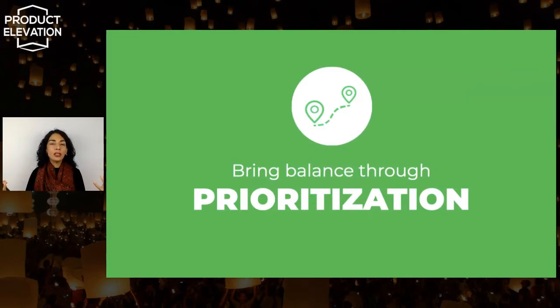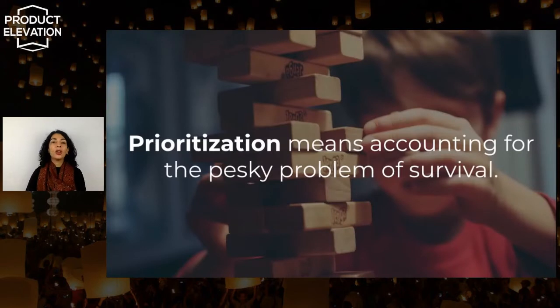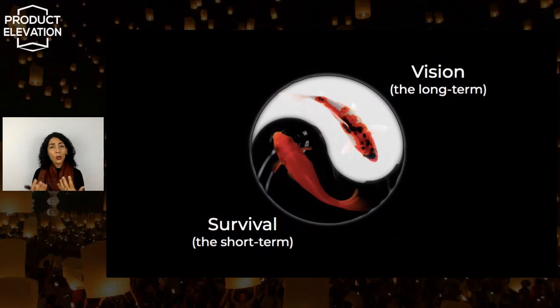Next, we had to build this app and think about how our vision and strategy were going to translate into everyday action. This is finally where you need to think about the pesky problem of survival, because even when your vision and strategy are grand, you need to survive long enough to achieve them. And so you have to balance the long term against the short term. You have to think of this yin and yang model of your long term, which is the vision, versus the short term, which is survival.